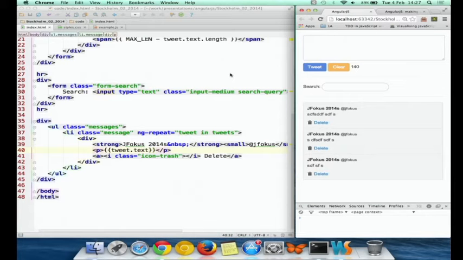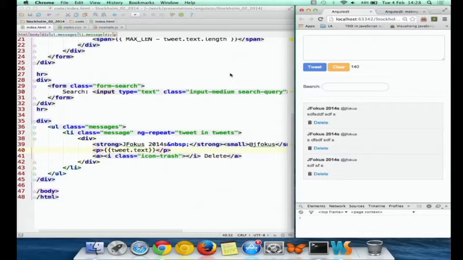And what is happening here is that we were really only manipulating the model. We were just working on the JavaScript objects, and the UI was updated automatically by the framework. And this is what we mean by declarative UI and imperative logic. In our logic, we give very precise instructions on what to do, like add this tweet, remove this tweet, add it to the collection, and so on. But on the UI side, we are not giving very precise instructions. We are just giving some hints in the form of those directives, and then it's the framework that decides when to add DOM elements, when to remove them, and so on.